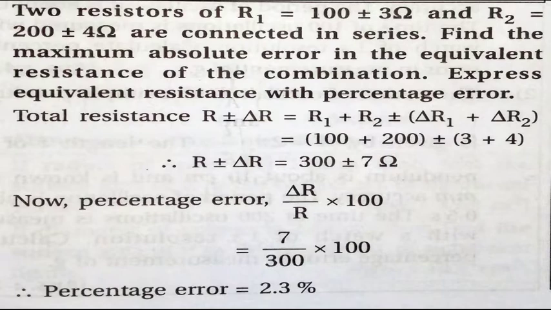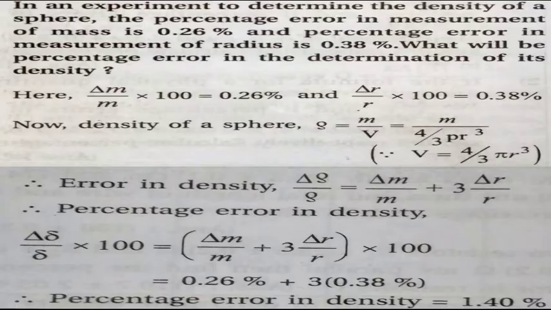Now, the percentage error is given by delta R upon R into 100. So, here it is 7 upon 300 into 100. So, 7 by 3 is equal to 2.3%. Next example, in an experiment to determine the density of a sphere, the percentage error in measurement of mass